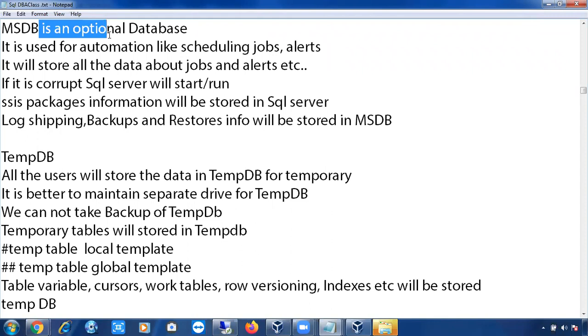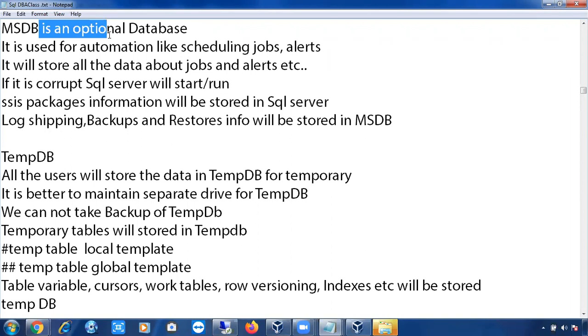Right, okay. So it will be very difficult to take the backups manually on all the databases, and again it will be very difficult to run DBCC CHECKDB on all the databases manually. So these are the automation things. We can easily automate these kinds of things using MSDB. MSDB will help you to create the jobs.